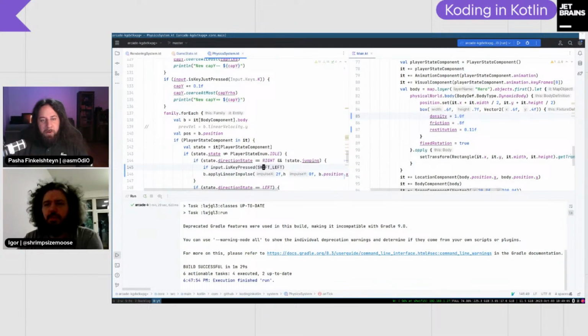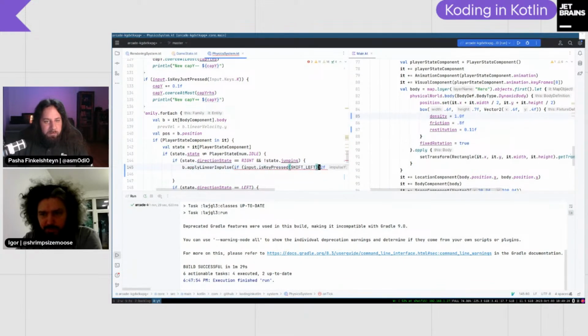You also forgot about parentheses around the if expression. You actually can put the whole thing as the first argument. Like this? Yes, 2F, else, for example, 1F.